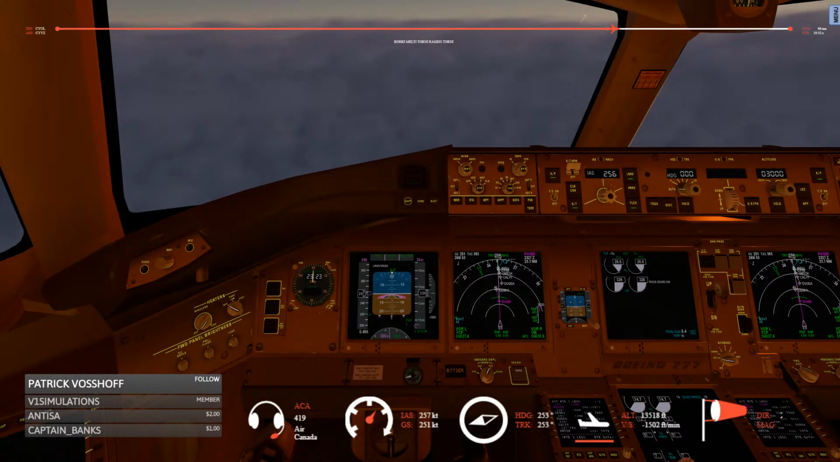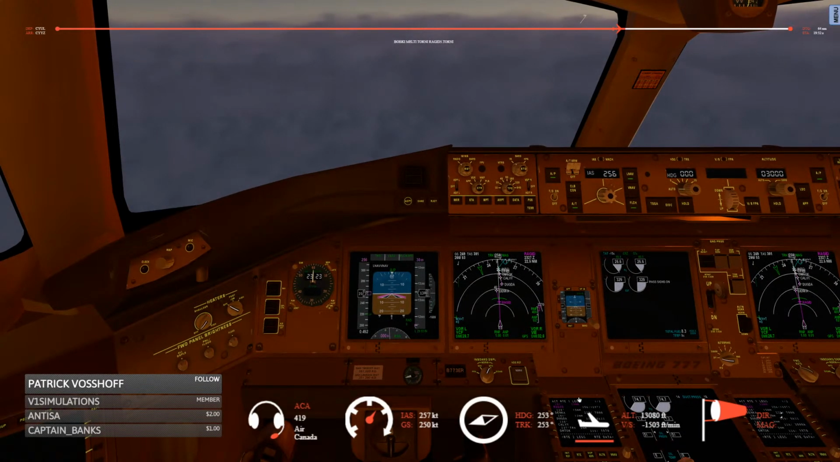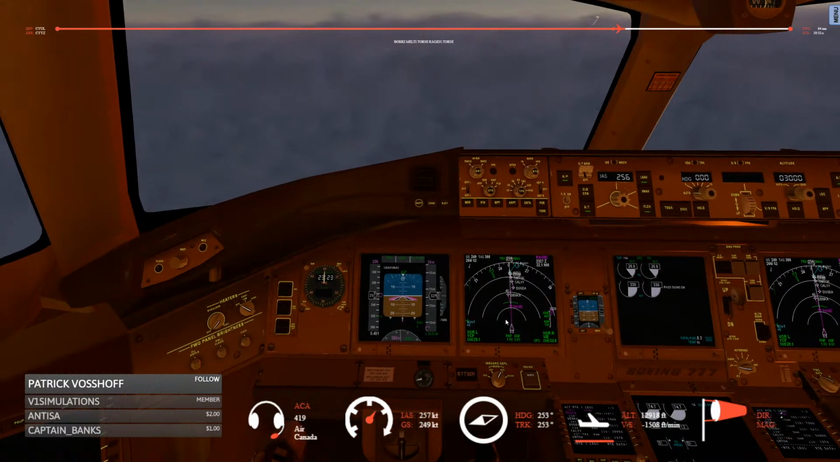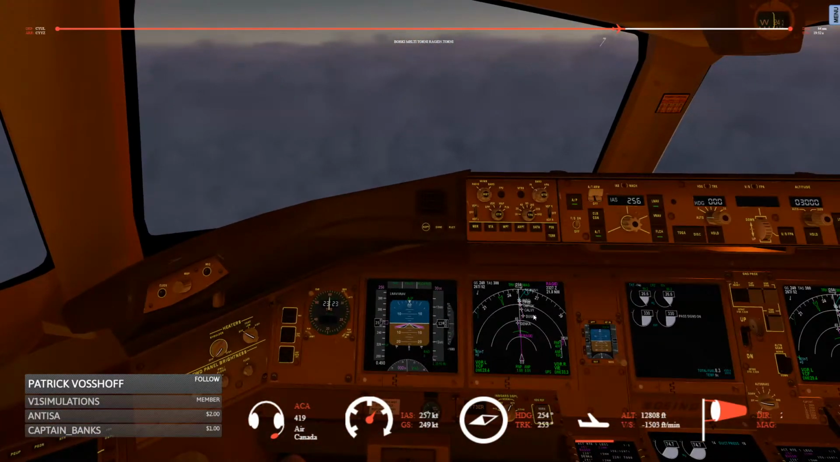All right, 13,000 for 3,000, so we're almost there now. All right, let's take a note of the speed. So the FMC speed is 220 knots, which is due in about 23 nautical miles. We're still looking okay. Nice sky colors. And it looks like it's going to be a rough approach into